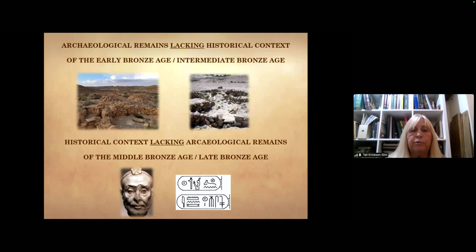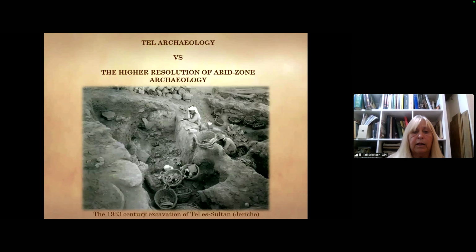Here we have a situation in which we have archaeological remains lacking historical context in the Early Bronze and the Intermediate Bronze Age. On the other hand, we also have historical context lacking archaeological remains in the Middle Bronze Age and the Late Bronze Age. I think that one of the problems that has arisen here, we're talking about what we could call tell-archaeology, which is the basis of the chronology that we use today,